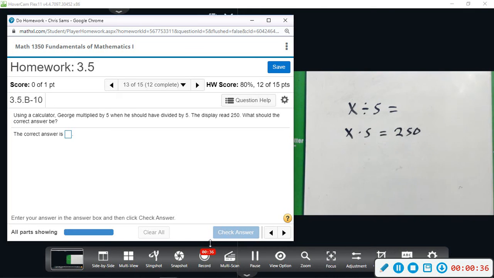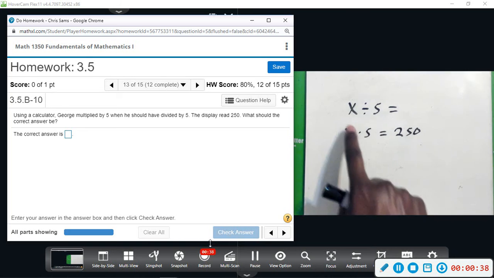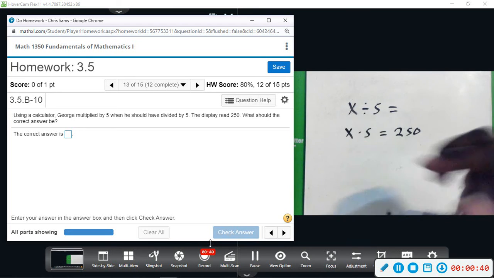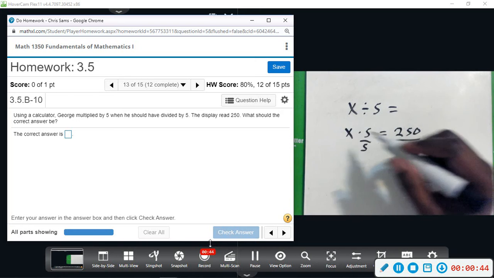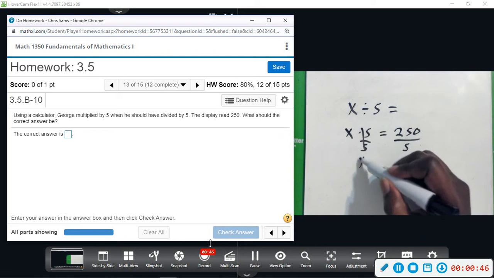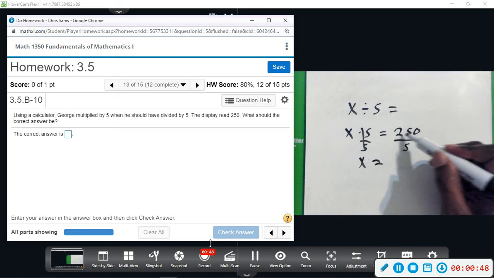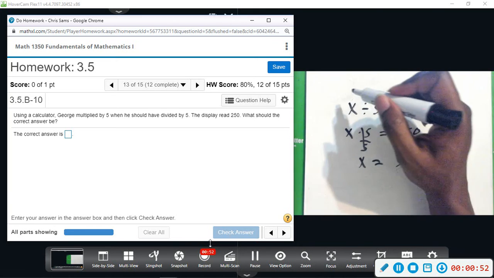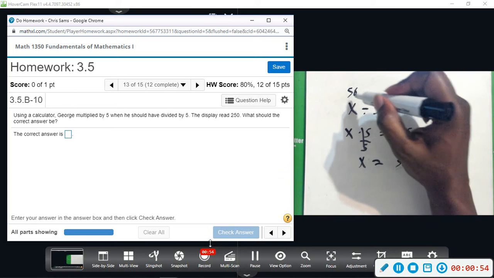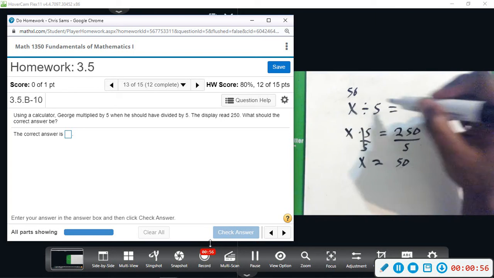Okay, so first we need to undo this and figure out what this x value is. So we do that by dividing by 5. And this will give us x equals 50. Okay, so he had 50, and he should have done 50 divided by 5, and that would give us